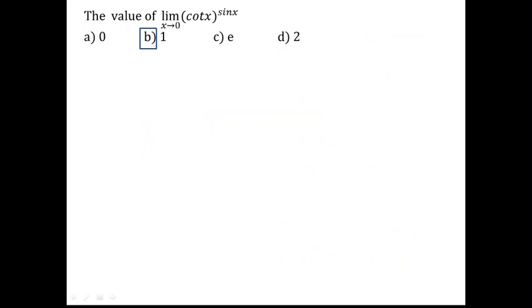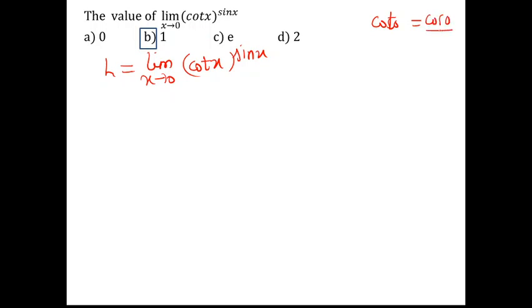So here this is a problem dealing with limits. So let's follow the rule of limits. Let's denote it by L, and we'll see what we get when we apply the limits. So it is cot x raised to the power sin x. So when we apply the limits, we need cot of 0. What is cot of 0? So cot of 0 is nothing but, as per definition, cos 0 by sin 0. Cos 0 is 1, sin 0 is 0. So what is this? Infinity. So cot 0 is infinity, and sin 0, as I mentioned just now, is 0. So we have infinity raised to 0 form for this particular limit.